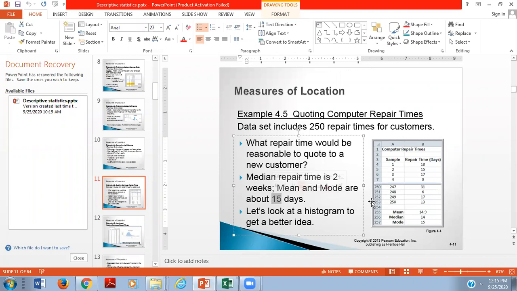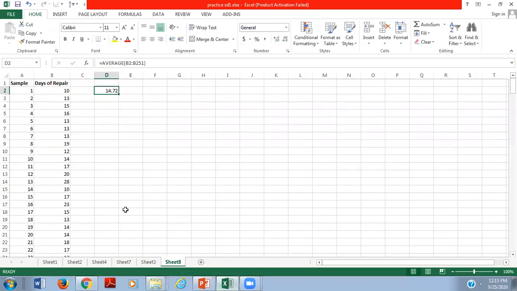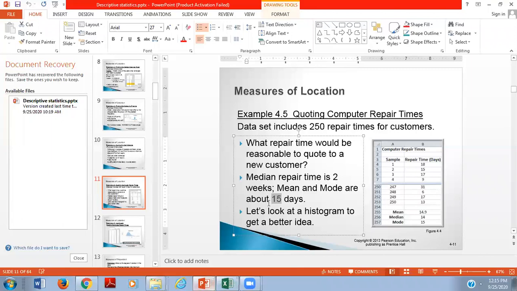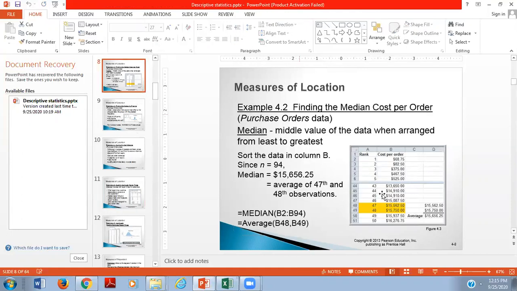Now we have to calculate the median, right? All these things I have already told you, but I'm going to show you this median again. Median is the middle value of the data when arranged from least to greatest.